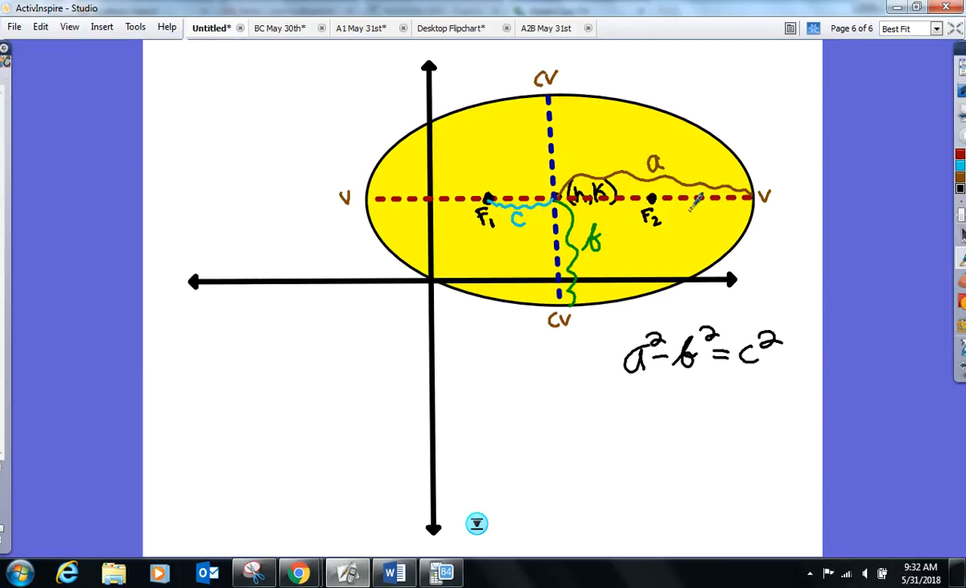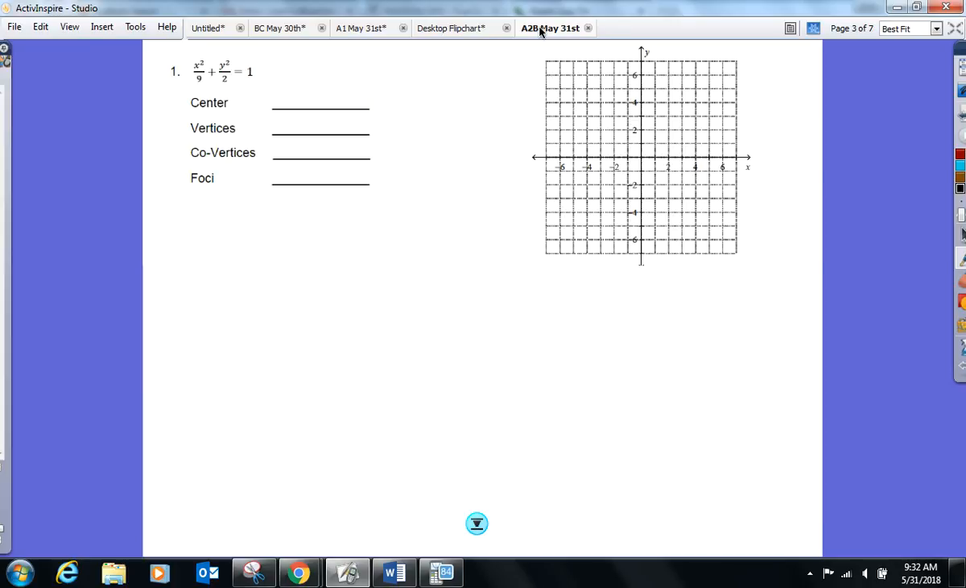All right, let's just get after it. There you go. Number 1. There's the equation. Identify some parts to it for me. Center. Zero, zero. Where would a pair of vertices be? Well, let's talk. Take one of the denominators right now. 9. That's what number squared? 3. So that means along the x-axis, 3 is your a value, which means how many to the right and